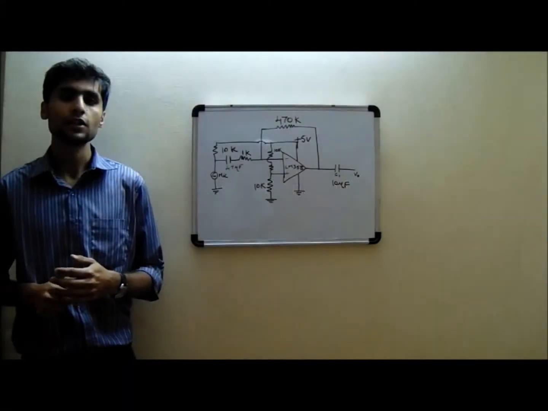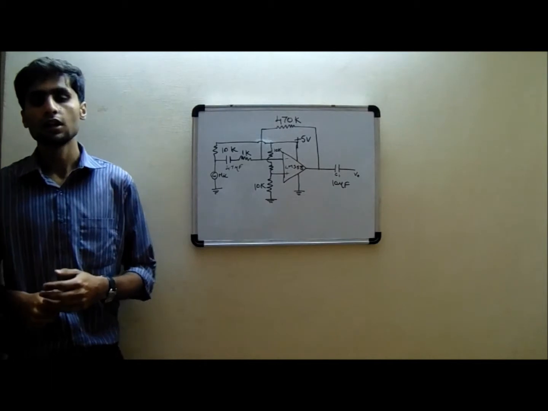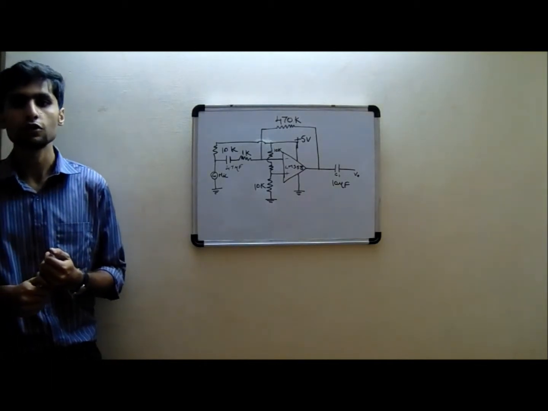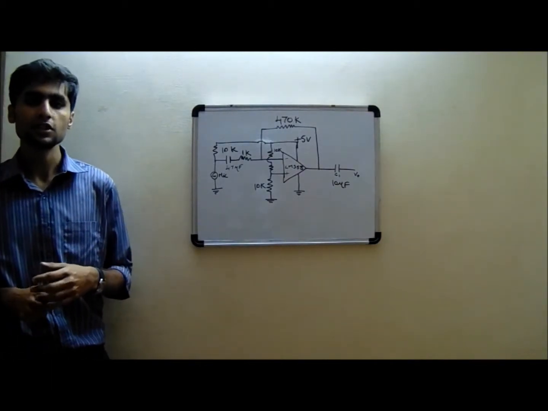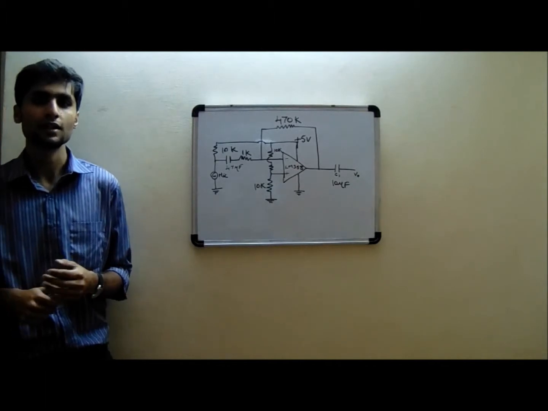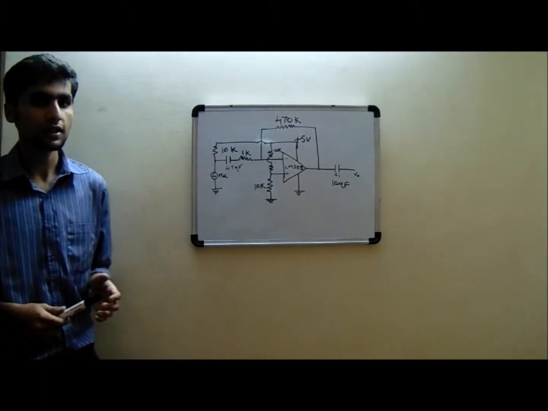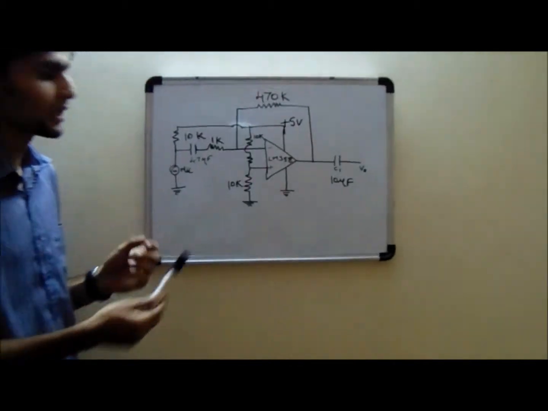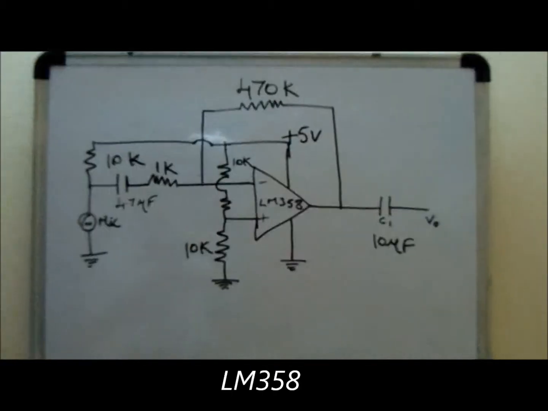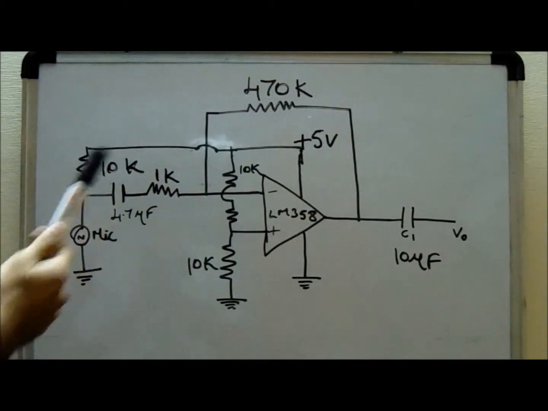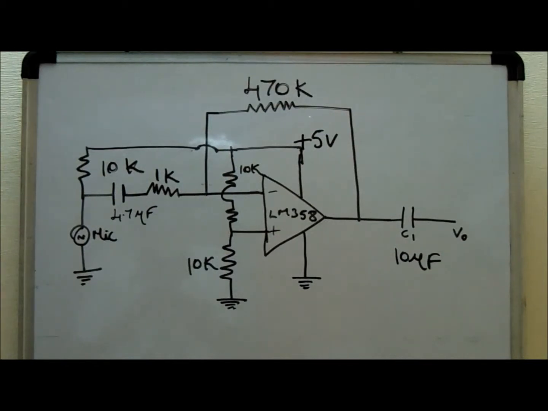In this part, I'll explain to you the analog front end of the project. The microphone input is of the order of a few millivolts, hence we need sufficient amplification for the BeagleBoard to recognize the input. Hence we use a preamplifier stage which is built using the LM358 op-amp. This is the circuit diagram for the preamplifier. This is the basic preamplifier circuit which we have built using the LM358 op-amp.